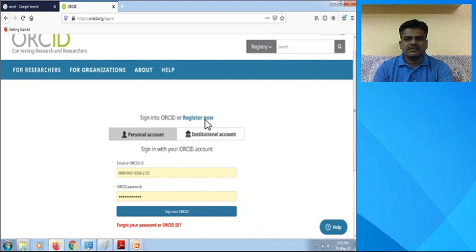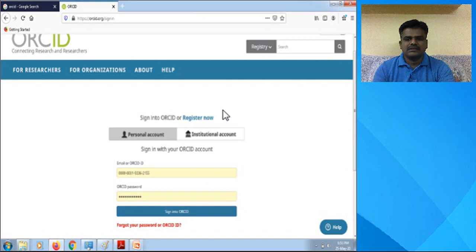You click Register here. Details will be asked of a particular researcher or scientist, like the first name, last name, designation, qualification, your phone number, your Gmail ID, and a very important thing, your institute email ID.